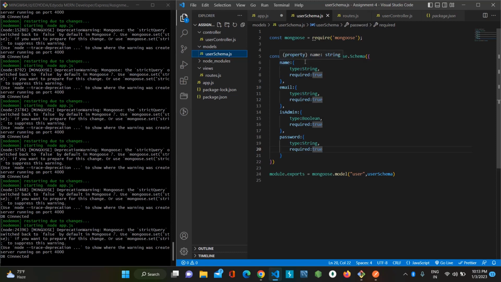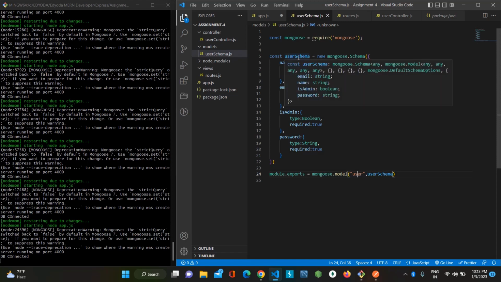So it is a concept of OOPs here. So these are the input fields which the user needs to send. Okay, so this is the format, and I exported this model here with this user collection. Here user is the collection name, and user schema is the format of